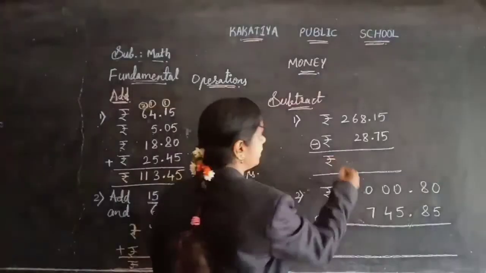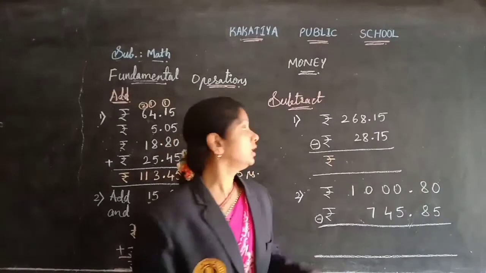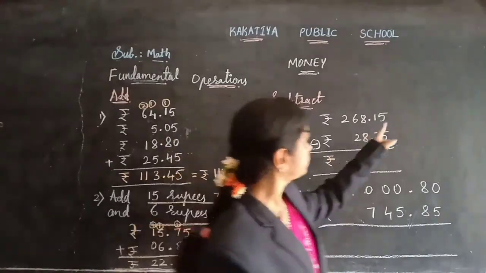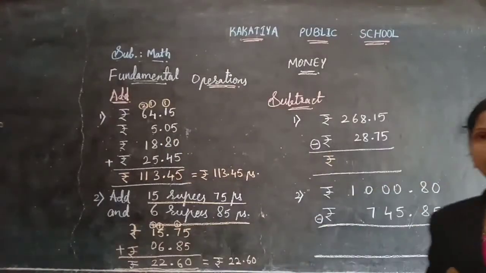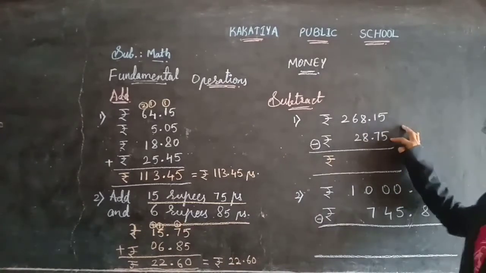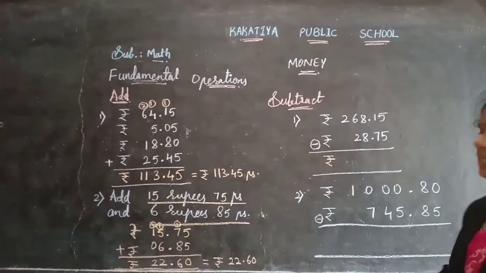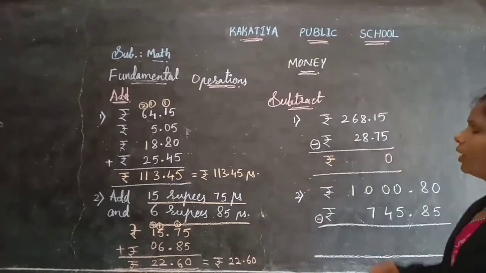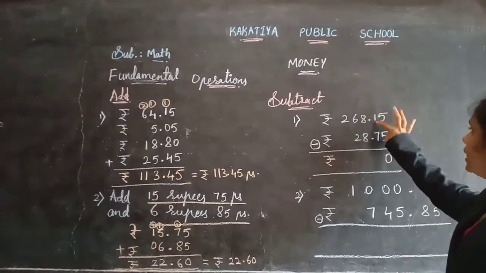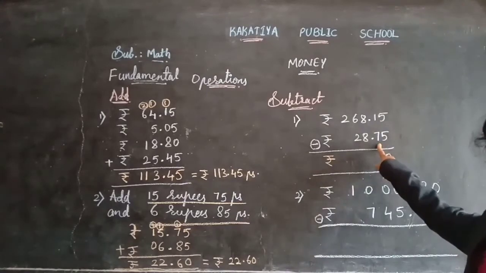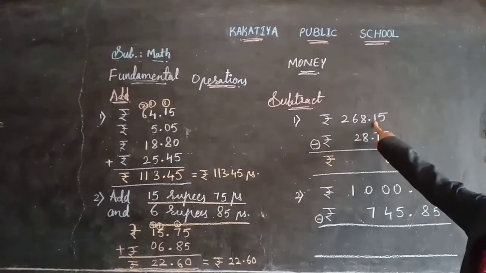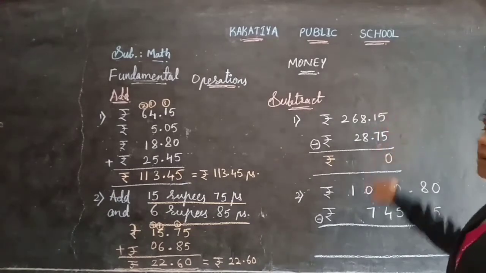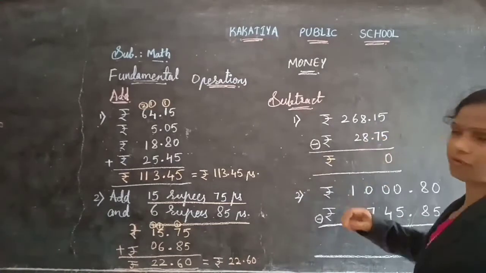Coming to the next operation, subtraction, children. See, subtraction here. 5 minus 5. Okay. So from 5 minus 5, the same number we are subtracting, means we'll get 0 here. And 1 minus 7. Okay. 1 minus 7, from 1 we can't subtract the 7, children. Why? Because 1 is smaller than 7. So we need to take the borrow from the one before, nothing but from the 8.